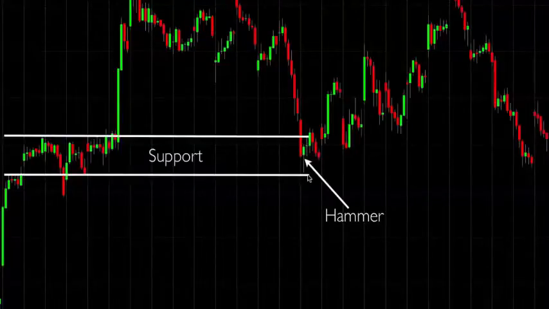This hammer is a bullish hammer. We can go in using this as a trigger for the entry, but it is our analysis that tells us we should buy the support here after the vertical drop, believing the support will hold and that it cannot keep dropping like this. So this is how a hammer looks in real trading, and again, it's just a trigger. It is not your entire analysis.